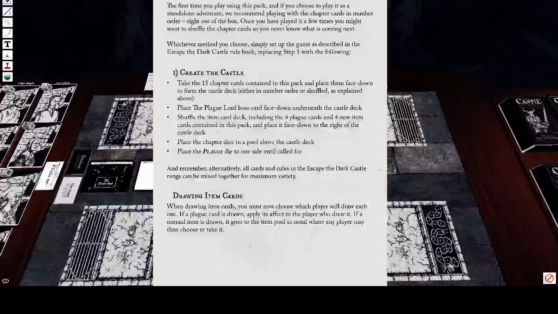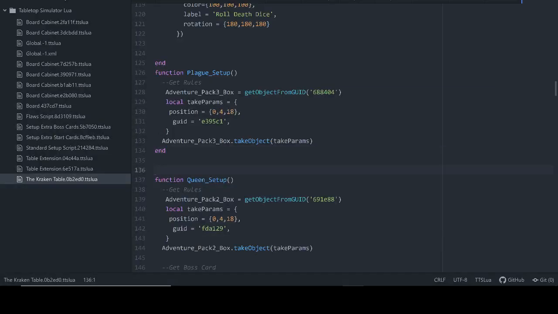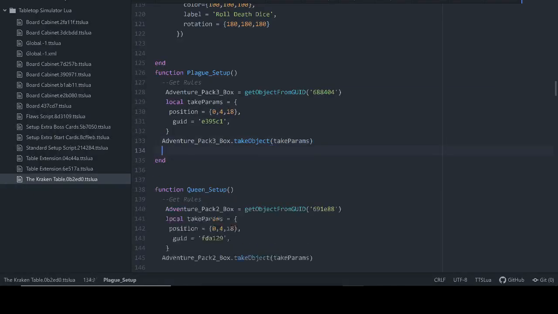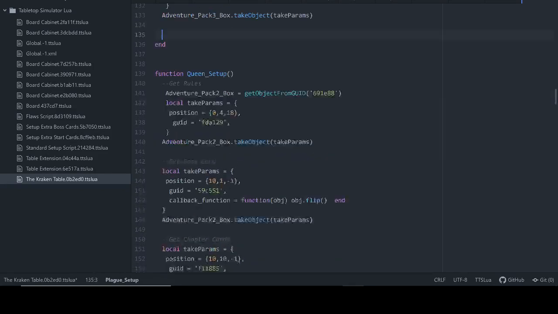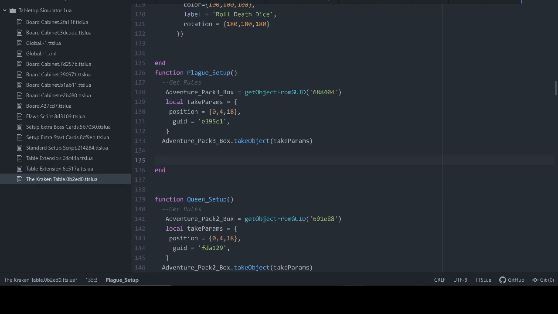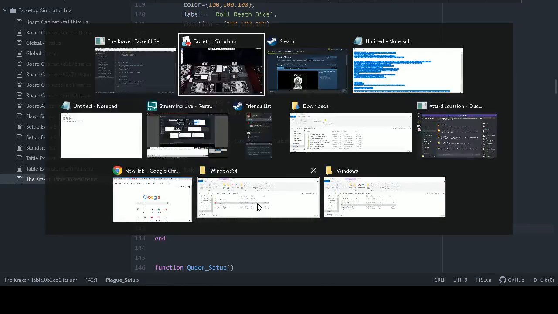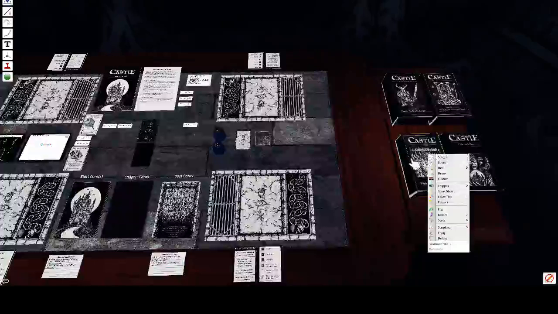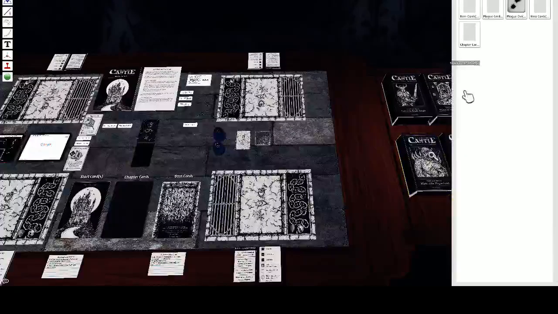Alright. Plague shuffle the item deck, including 4 plague cards and 4 new items. Character dice, plague die. Okay. So this is going to be real simple because it's the exact same thing we did with the other modules. So we got our rules, our boss card, and the boss card grid for this one is